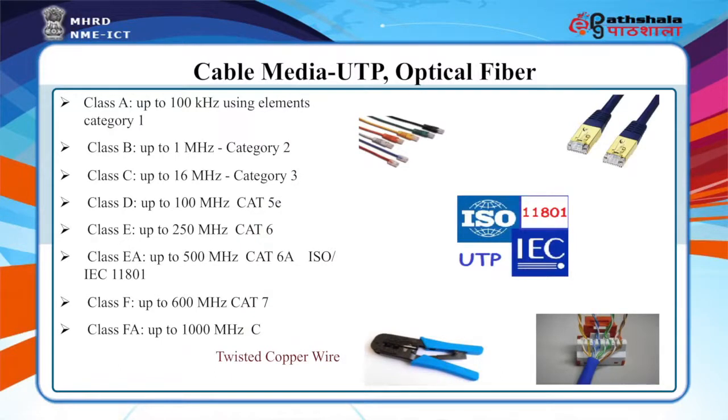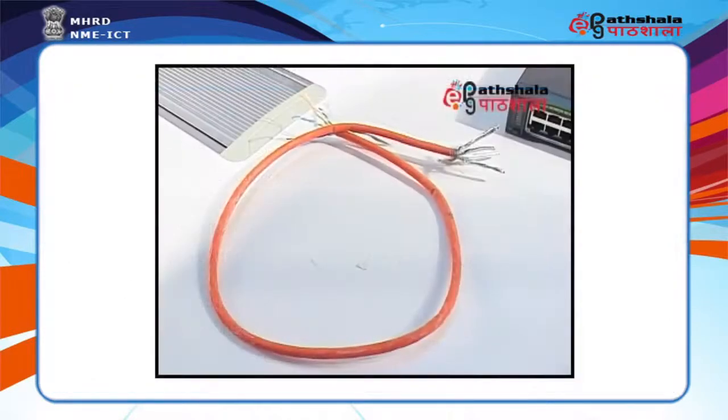Depending upon that, categories of cable are there. That is what I was using, Cat 5, Cat 6, Cat 7. This Cat stands for category. The commonly used ones are Cat 5E and Cat 6, which have 250 megahertz, while Cat 5 has 100 megahertz. And the latest, that is classification of class F, that is Cat 7, which uses 600